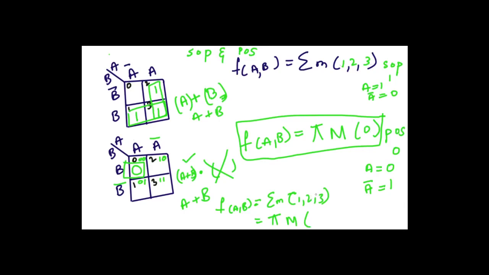The terms which are not minterms will be equal to the max terms. There is no 0 here. So if you take the 0, the solution for this will be equal to this. For example, I can also say that a plus b is nothing but this equation. From this expression you can see that a plus b is the output of an OR gate. When you give a and b, the output you get is a plus b.